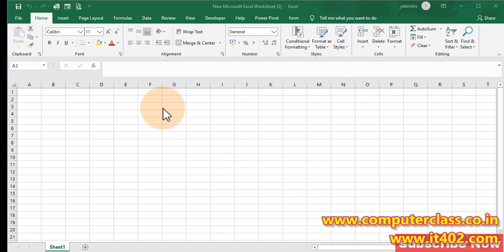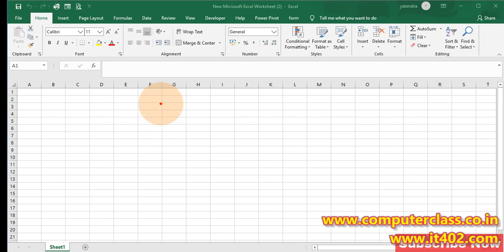So the first step, if we want to learn the formula, is that we need to understand what a formula is. And before starting the formula, we should always understand what a cell address is, because in an Excel sheet we are going to do calculations, and we can calculate for particular data.